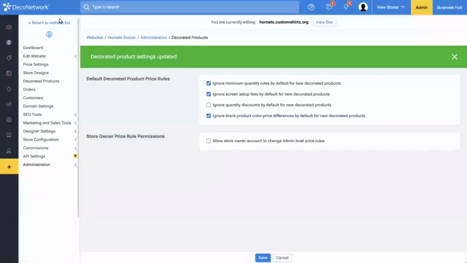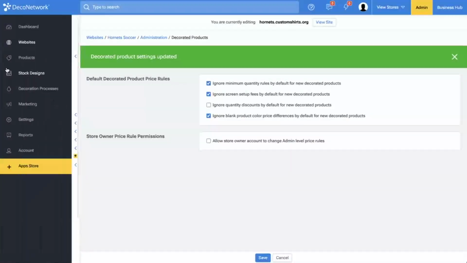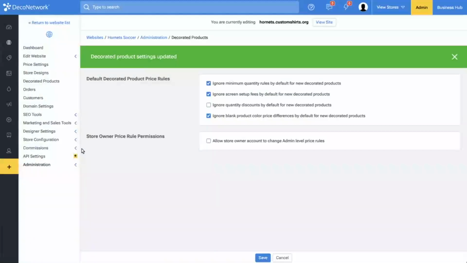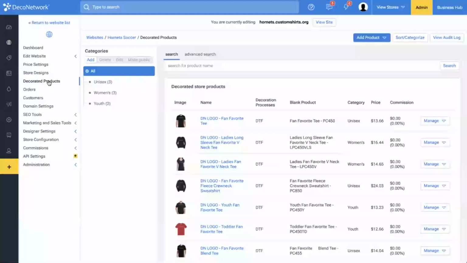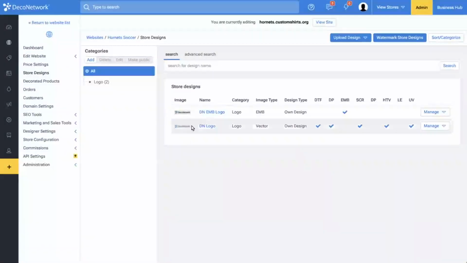But what's important is these are all our settings for the template. And now that we have saved the template, published it, we're ready to launch new sites. My suggestion would be to either have store designs in here that are just generic placeholders, not like a logo of another client. And then secondly,